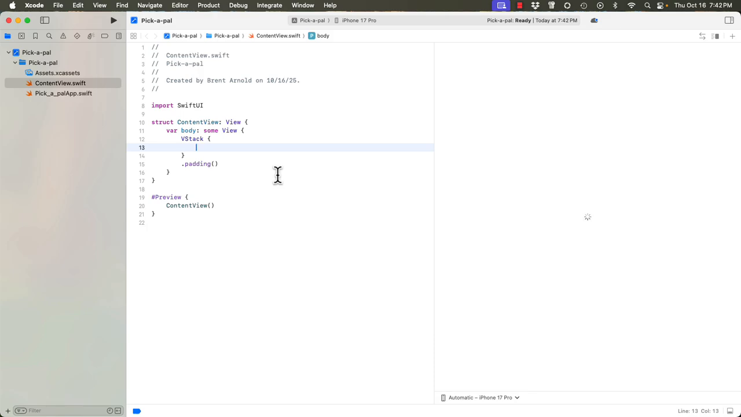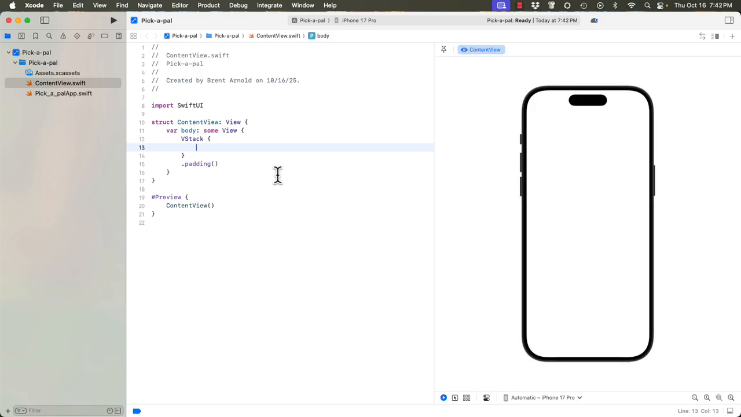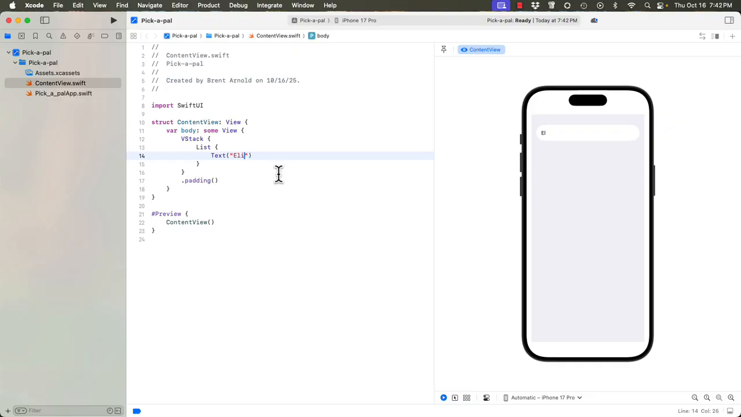And then we want to create a list. And the simplest way to create a list is just to type list and then opening brace, press return, and then let's add some text fields. So we're going to say text, and let's pick some names. So we have Elisha, text, let's do another one, Andre,